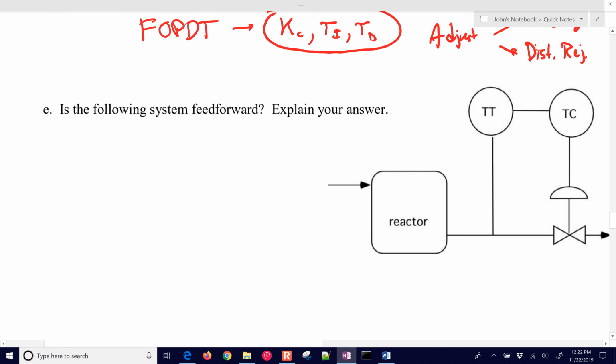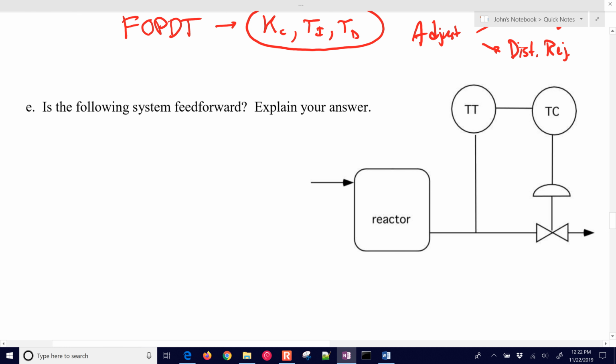Alright, let's go on down to this one. Is this following system feed forward? So we're measuring the temperature right here, and then our controller is then adjusting, opening or closing the valve. Okay,